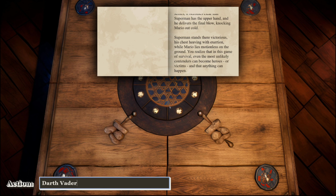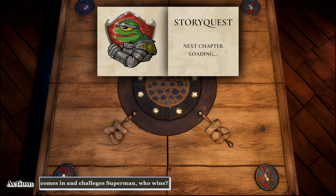It becomes clear that Superman has the upper hand, and he delivers the final blow, knocking Mario out cold. Superman stands there victorious, his chest heaving with exertion. Mario just lies motionless on the ground, and you realize that in this game of